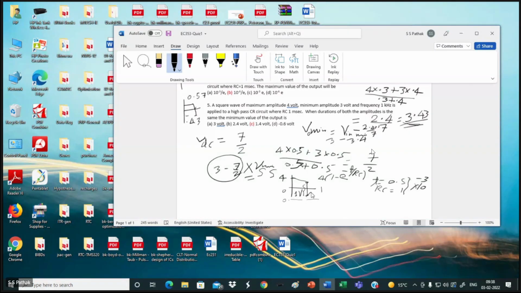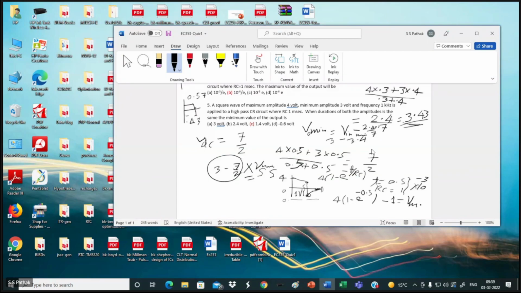Where does it go? It will start going to the 0 value. If it is negative, it will go to the 0 value like that. It may touch the 0 value, then become flat also, depending on the RC time constant. So that way it has become here. I asked this voltage. So what is that? 1 is falling, so that means your 4, 1 minus e to the power minus 0.5, minus 1 volt. This is my V bin.